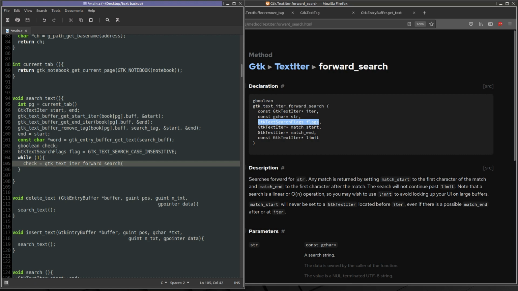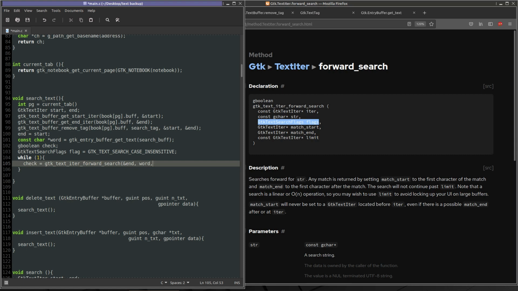Our first thing is the iter that we want to start at, and we're going to start at the end, which at the start of the search is the start of the buffer, but after the first word is found, it is the end of that word. And that will make the search leapfrog through the words, rather than finding the same word over and over again. So now we have the string we're looking for, which is word,